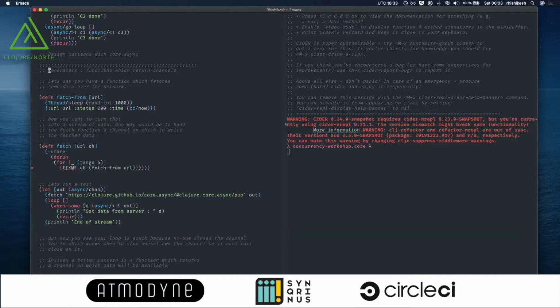Generators are basically a pattern in which functions return the channels on which they will give data. And there's something that we've already seen. So let's just quickly go over the code. Let's say you have a function which fetches something from a URL and it returns the data that the URL gave you. Now, let's say you want to turn that function into a stream of data